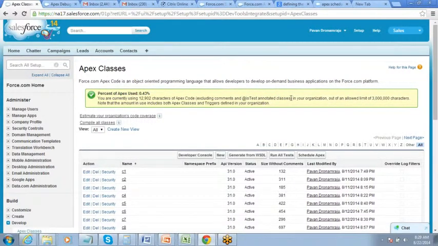So if you do not put this annotation @isTest, then the code that you write in the test class will also be counted in this limit, and you will reach your coding limit very quickly. So for that reason, you need to write this while creating a test class.